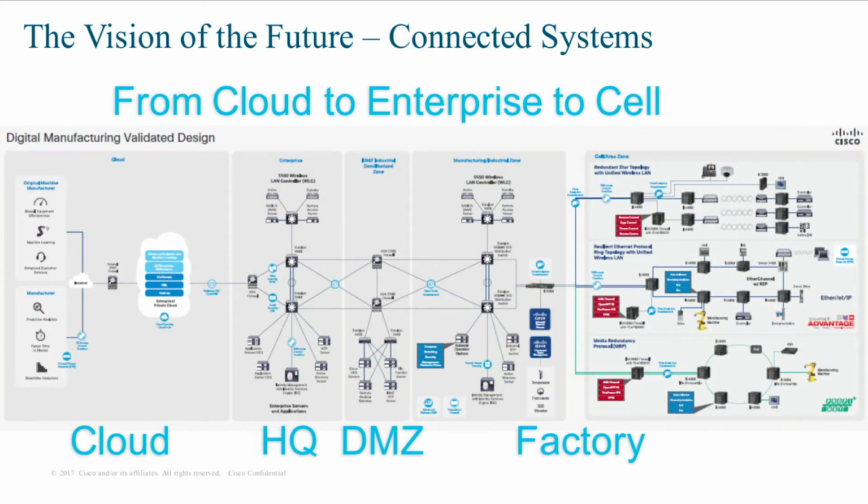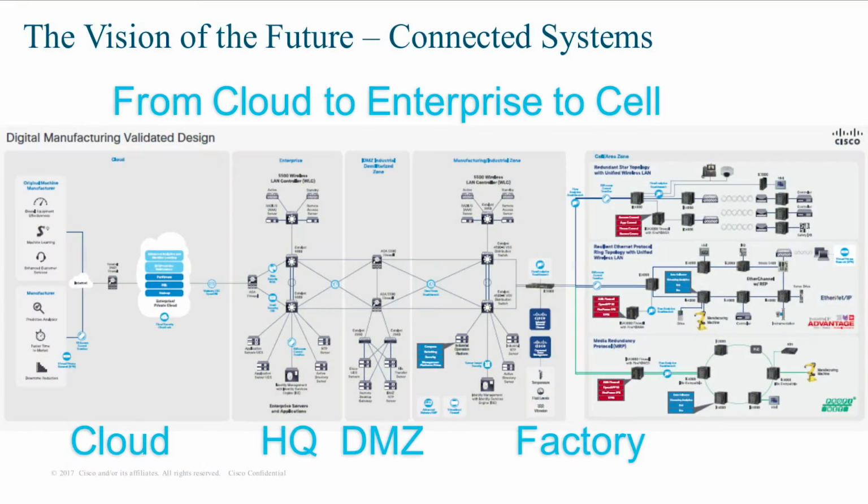Okay, we click the green button and things get going. All right, so just to expand on this and get it closer to the actual organization itself, from the cloud to the enterprise to the cell. The basic story here is this. People want to get information from the process, on the factory floor or substation, whatever the place may be, up to the top of the control environment, the factory side, potentially across the industrial DMZ into the enterprise where I've got my MES and ERP systems, and then potentially out to that cloud world, your Predix, your MindSpheres, whatever the case may be.